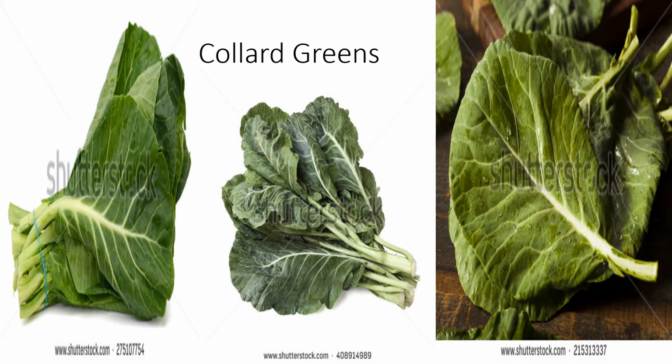Collard greens are next on my list. And you know what? Collard greens only have 2 carbs per cup. So that's why I really love it. And remember, that is raw. So let me tell you, I love the down home south collard greens from your grandma's house. I love all that. But you can make collard greens like that, or you could also use it as a